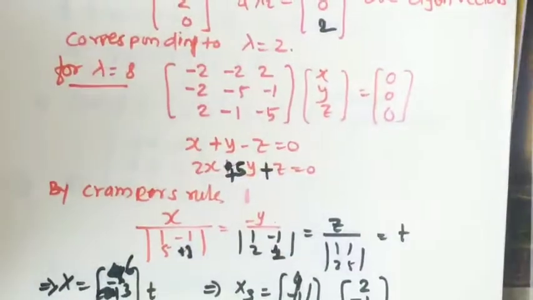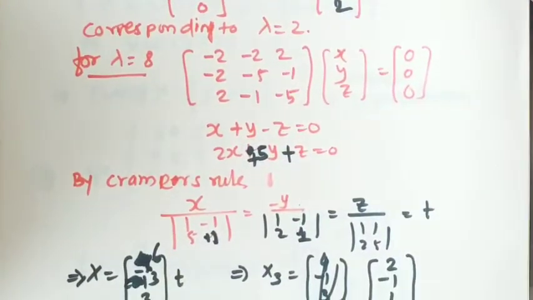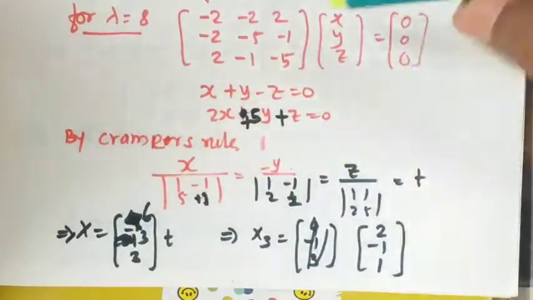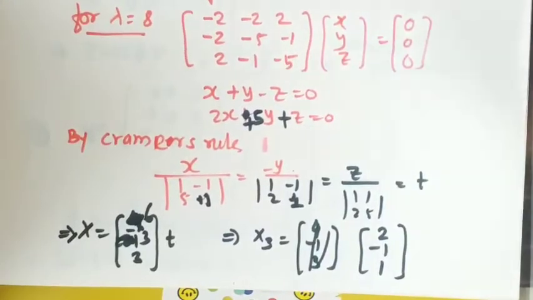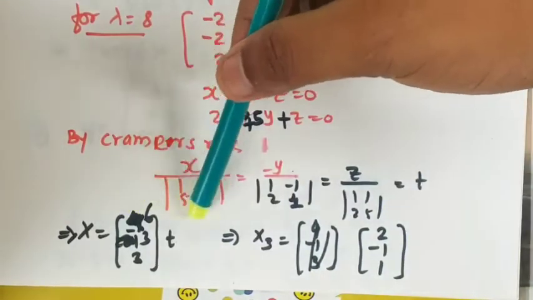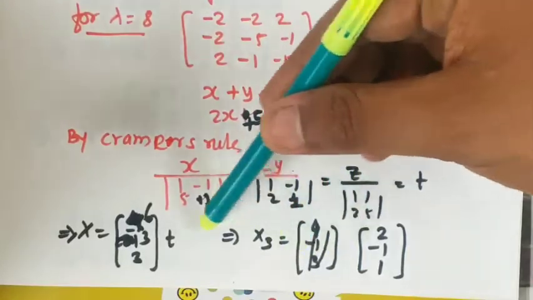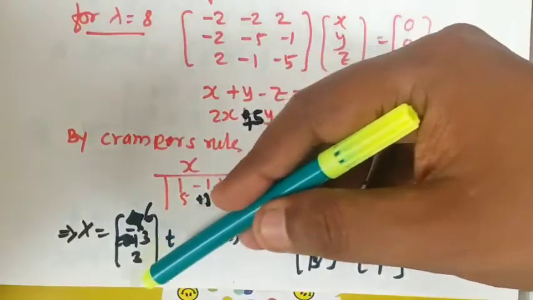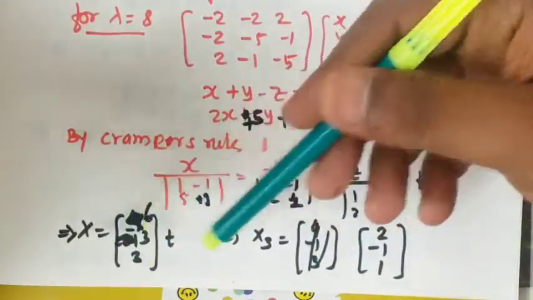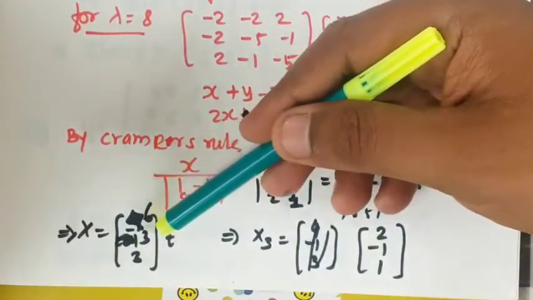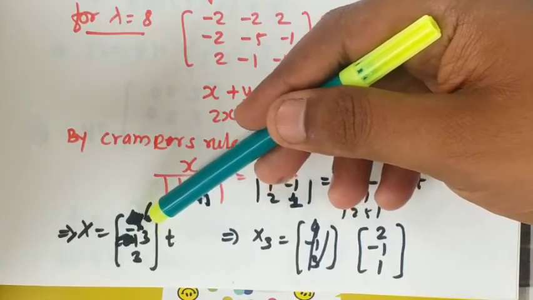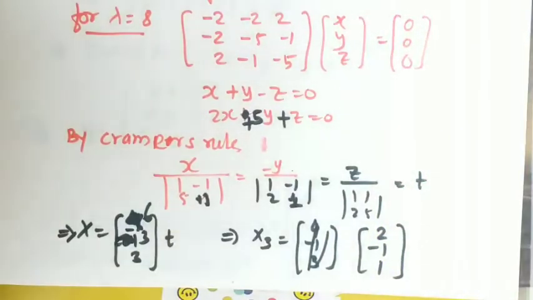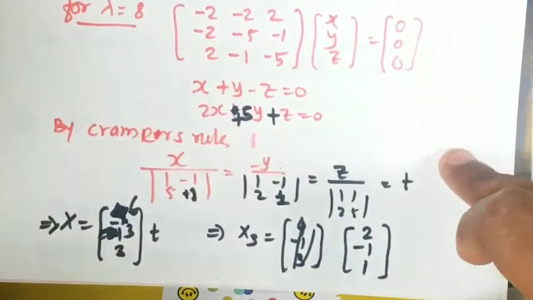Now, in such a case, when we have two equations in x, y, z, we apply Cramer's rule for calculating the eigenvector. By Cramer's rule, after doing this type of calculation, which we have already done in the previous lecture also, we'll finally get the vector: the determinants will be 6, minus 3, and 3, which is a multiple of minus 2, 1, 1. If you divide this by 3, you'll get here plus 2, here minus 1, here plus 1, and that is nothing but your eigenvector for the eigenvalue lambda equal to 8.